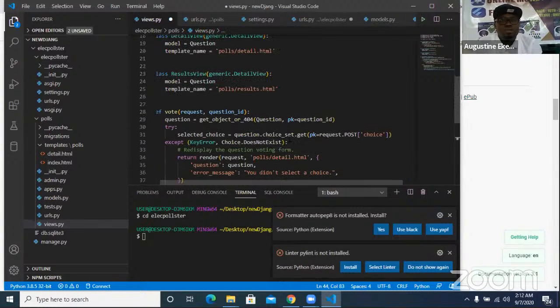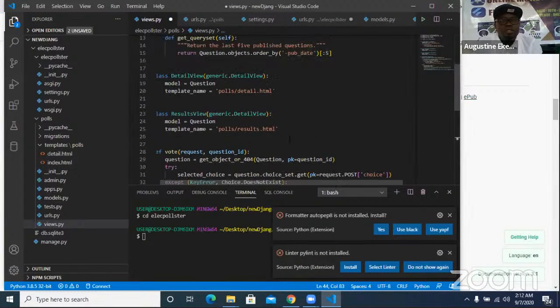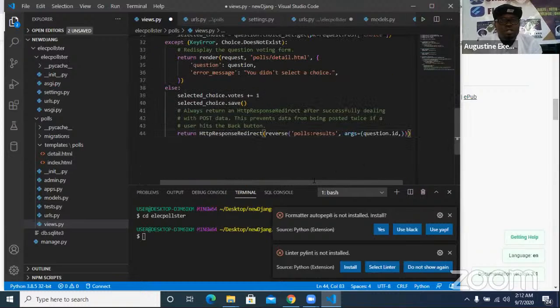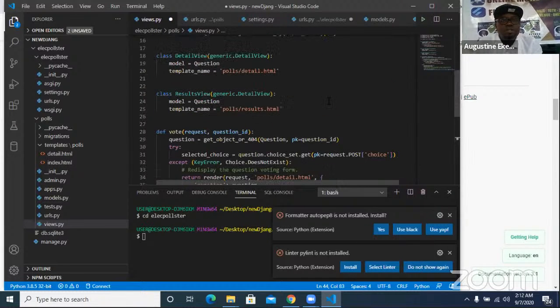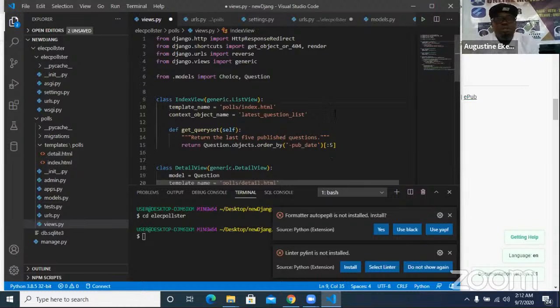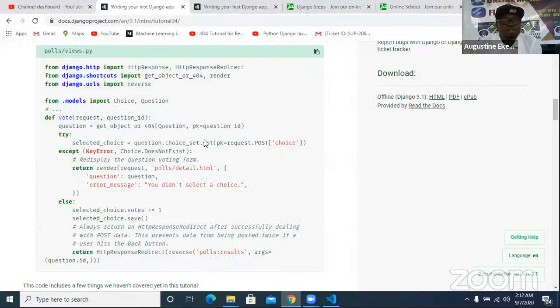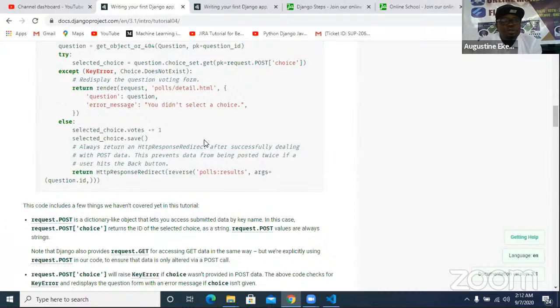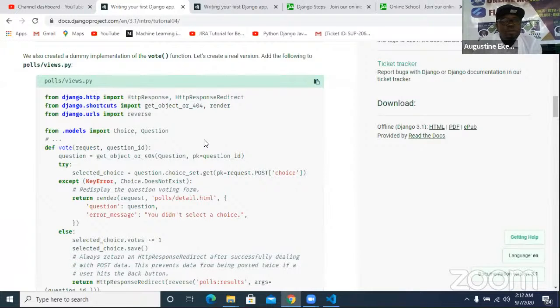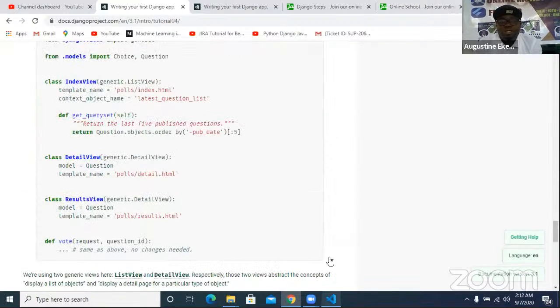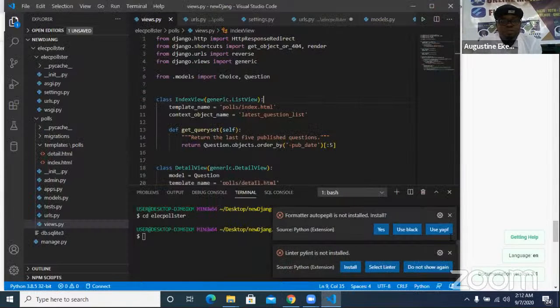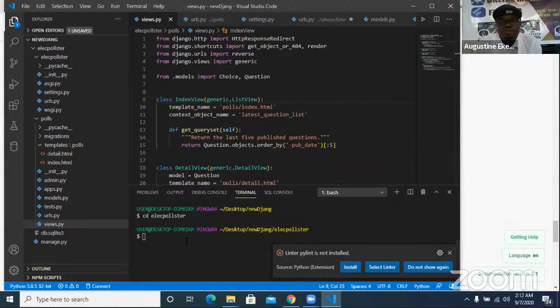Okay, so that's done. I think that should be it. I'm going to do Control S to save. With that, I should have everything that I want. So I can now run my code. I think everything should be perfect now. And to run, I simply say